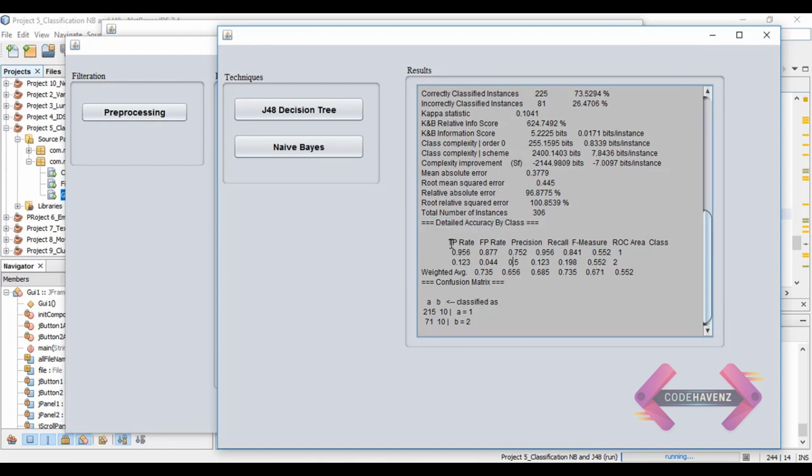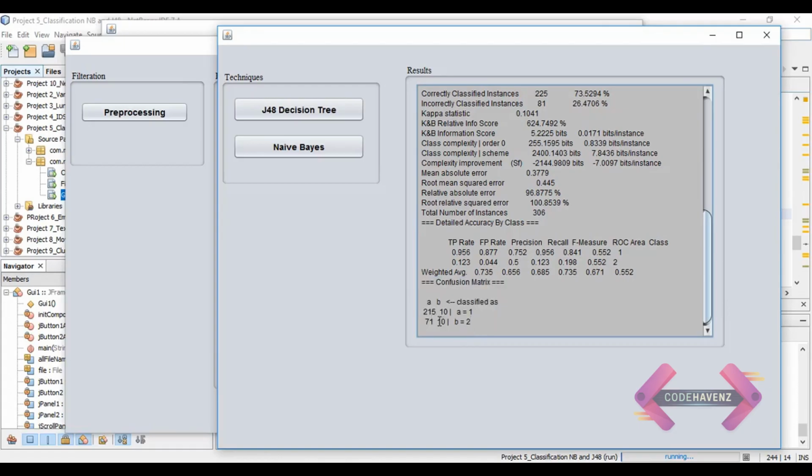After that, we have the detailed class accuracy. Detailed class accuracy contains the class detail parameters that include the true positive rate, the false positive rate, precision, recall, and F-measure. All these parameters, like true positive, false positive, correctly classified, incorrectly classified, are calculated from the confusion matrix. Now, what exactly is this confusion matrix?